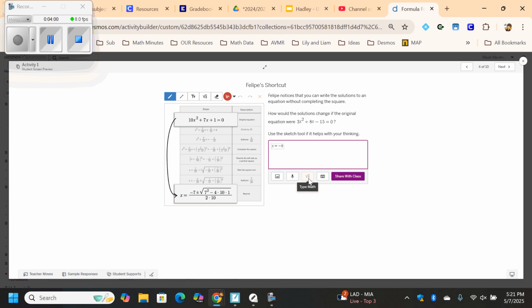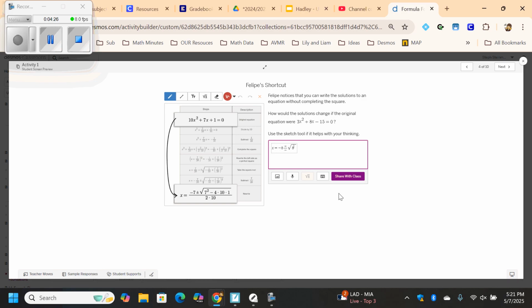And then I'm going to do plus, minus, like that, the square root